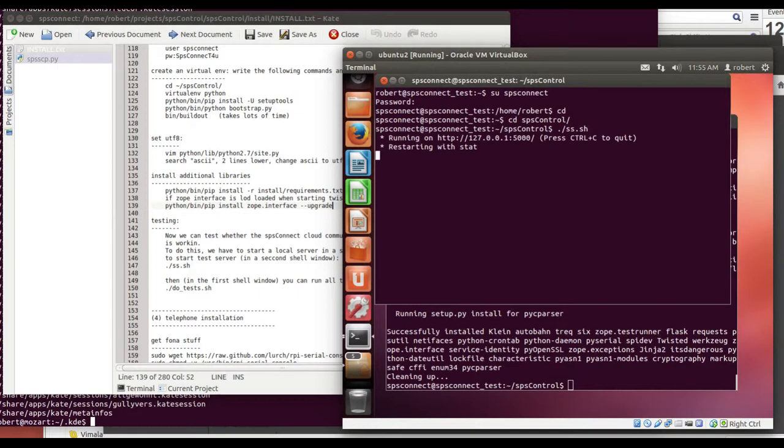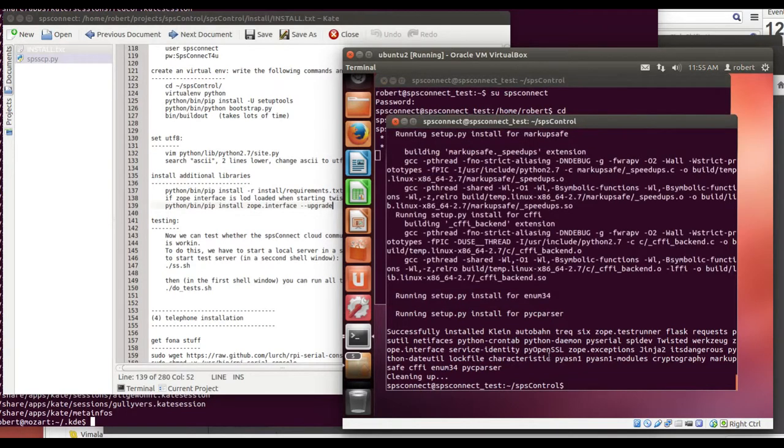And now a server should be starting. Takes some time, it's a bit slow. I wonder whether this is okay. And here we can say do test,